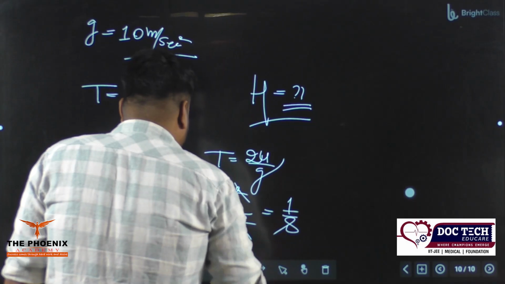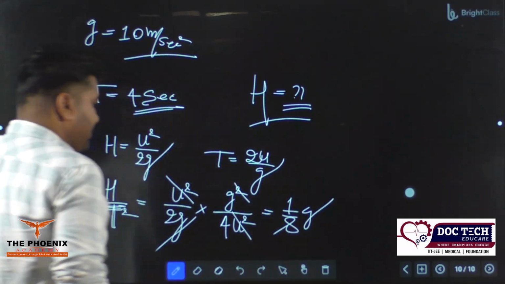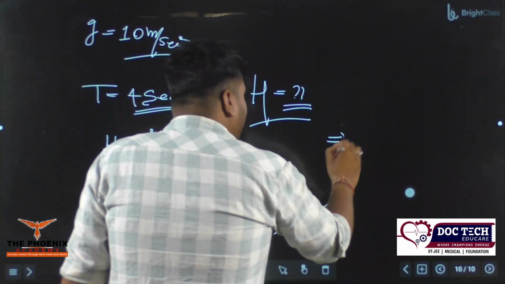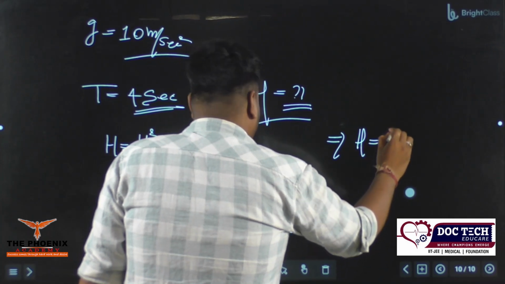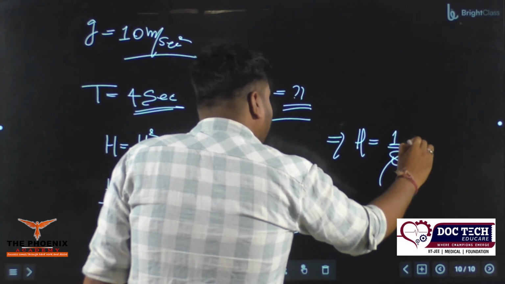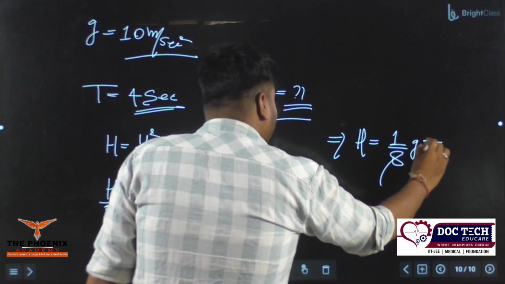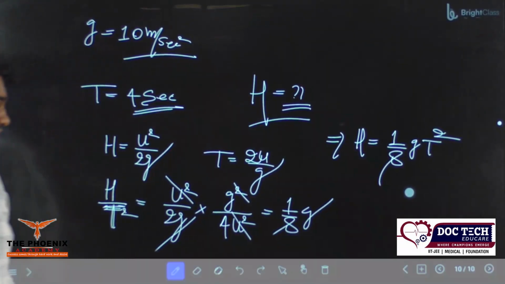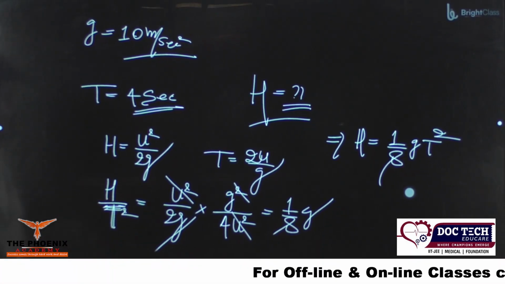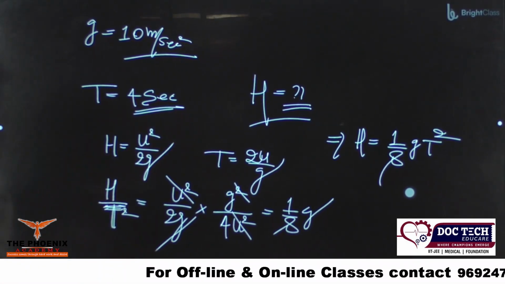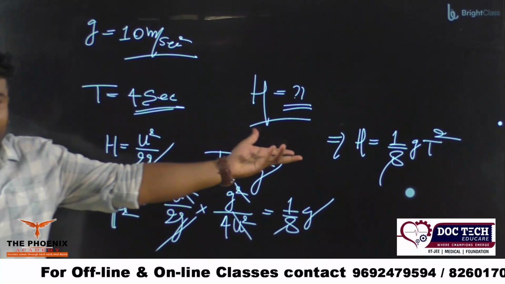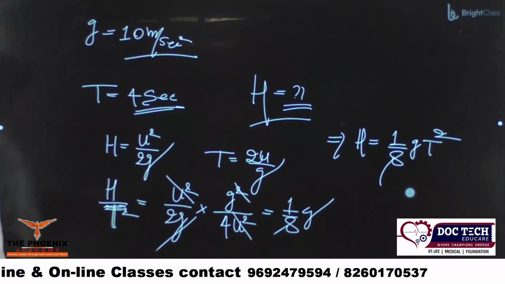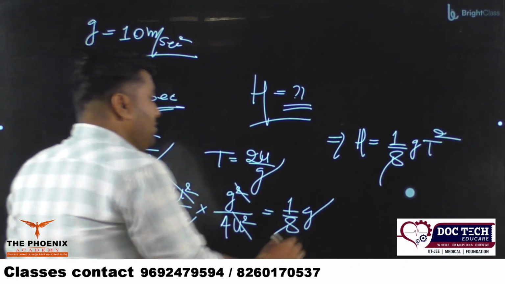1/8 g। उसको अगर लिखेंगे तो h का एक्सप्रेशन मिल रहा है हमें 1/8 g t स्क्वायर। देखिए, तो g का वैल्यू पता है हमें 10 है, t 4 है, तो h क्या निकलेगा